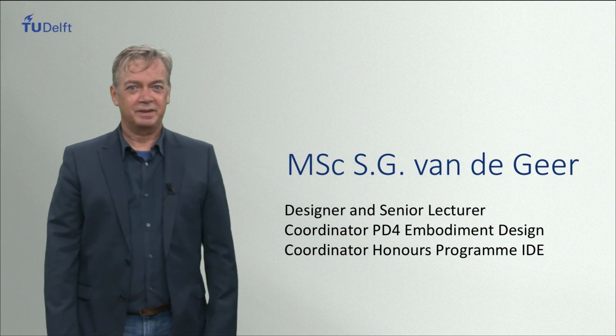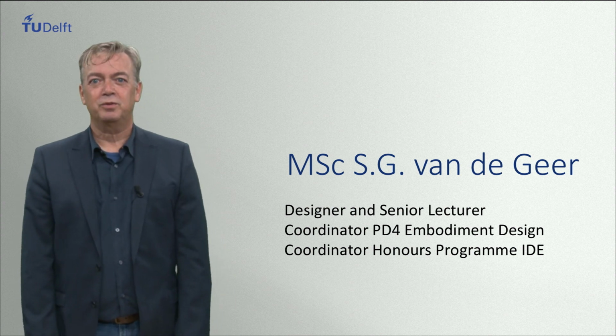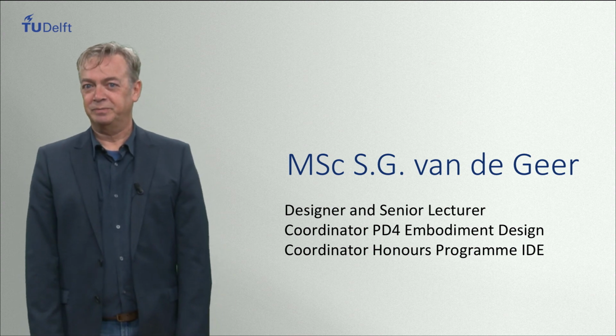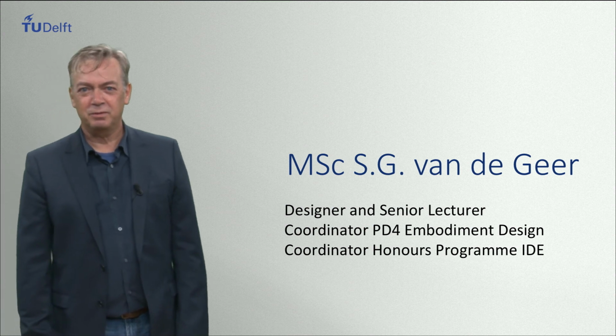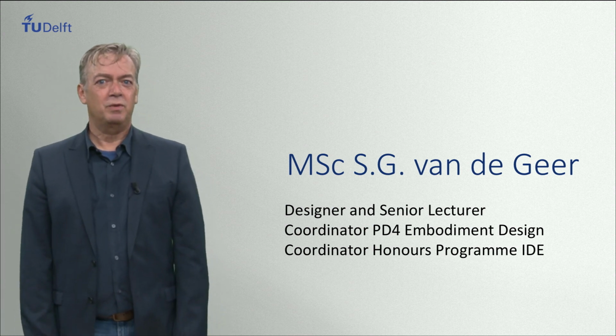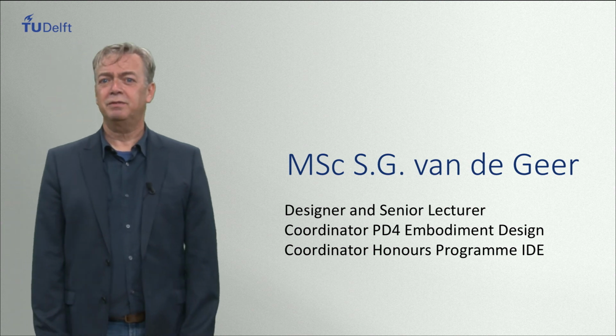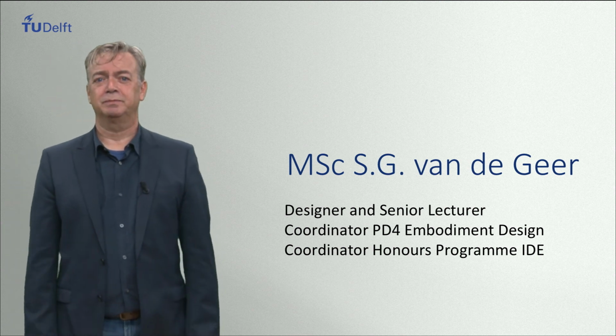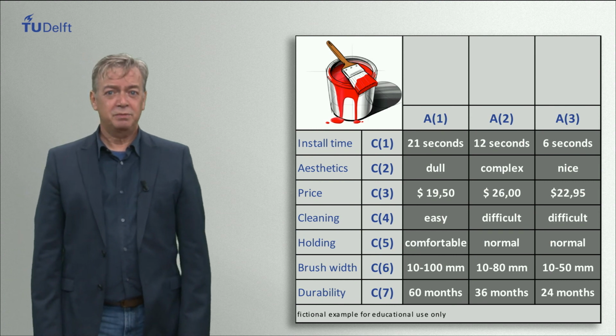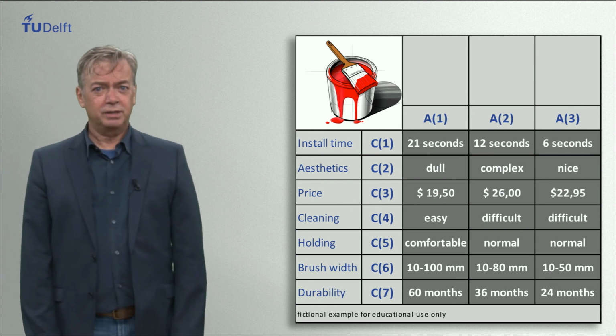In my other lecture, I introduced some theoretical background of making decisions in the design process. I ended with the intriguing question of how to add up values when evaluating design alternatives for a list of different criteria with different scales and different importance. There exist many methods to evaluate alternatives in design.